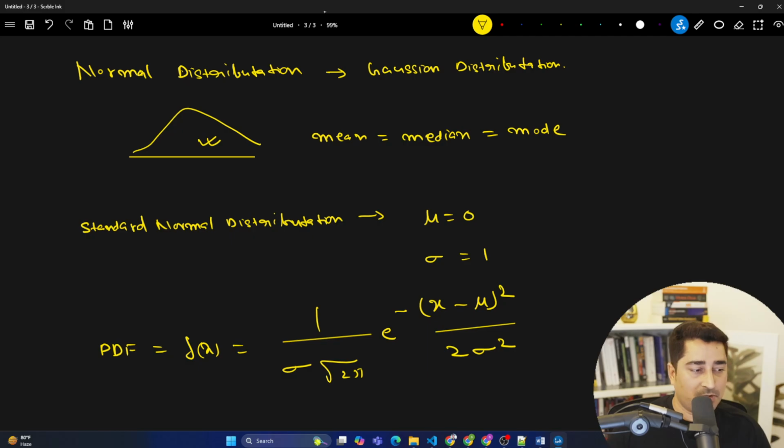Now, why are we talking about this formula? This formula looks complex at the very first stage, but actually it's not complex, and don't worry, you are not going to do any kind of manual calculation directly. We have a function to do this particular calculation, and I'm going to show you that function in today's class itself. You don't have to wait for a future class.